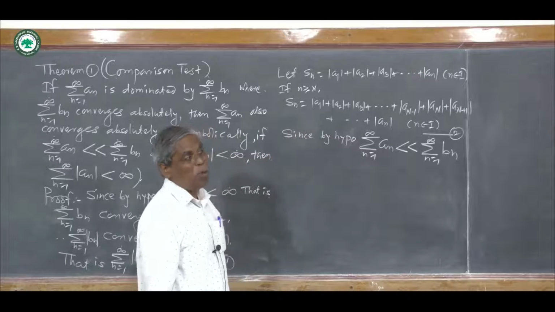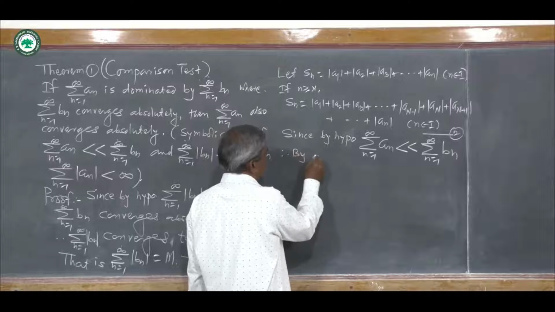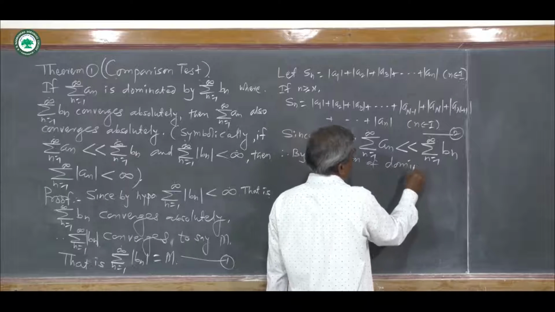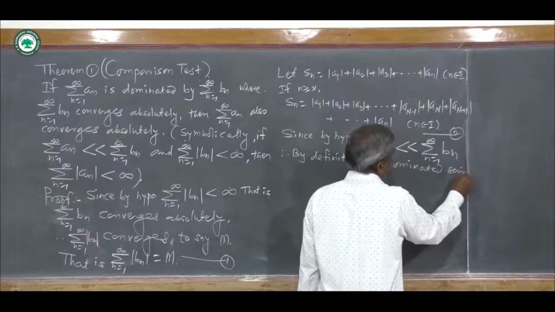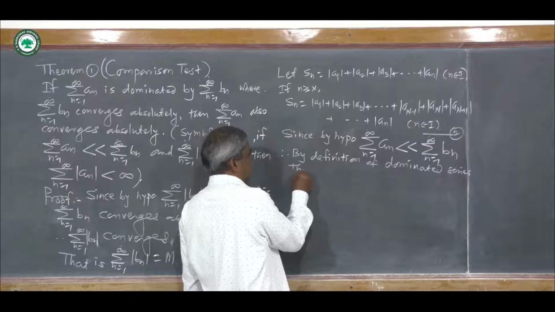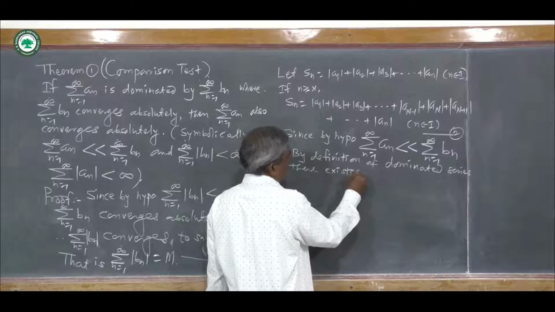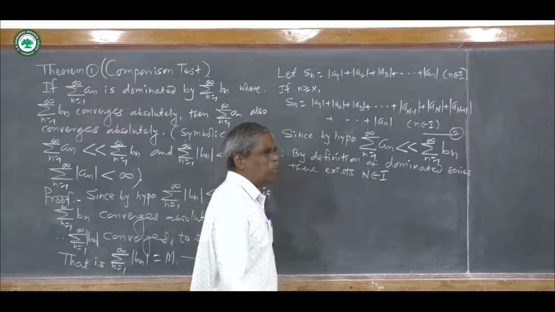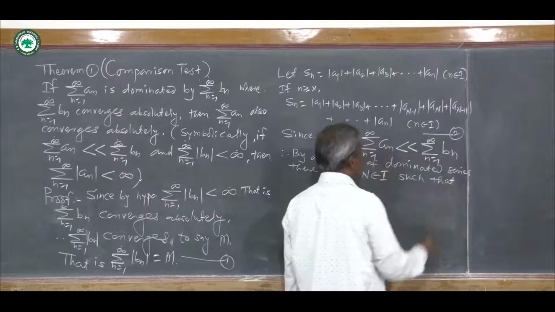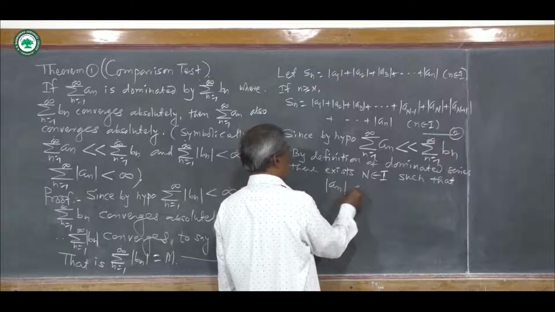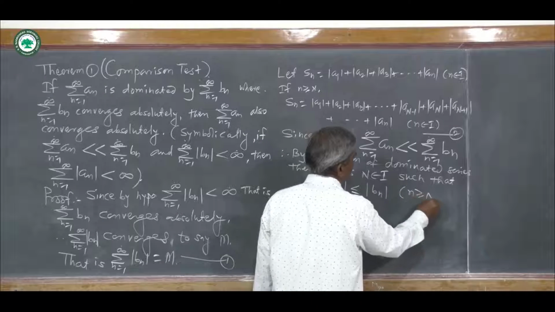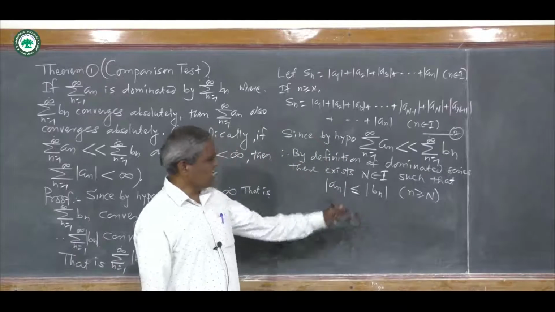Therefore, by definition of dominated series, there exists a positive integer capital N, where n belongs to I, such that I is the set of positive integers, such that mod of An is less than or equal to mod of Bn for every small n greater than or equal to capital N. This statement says that